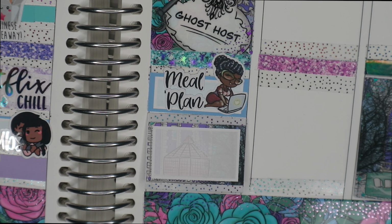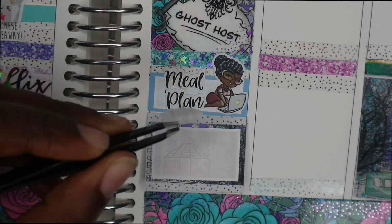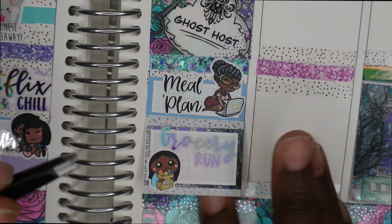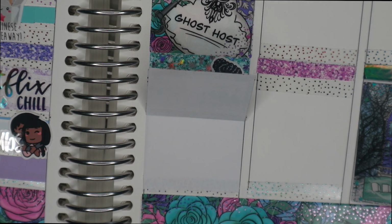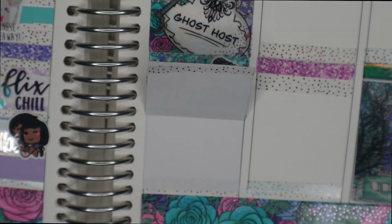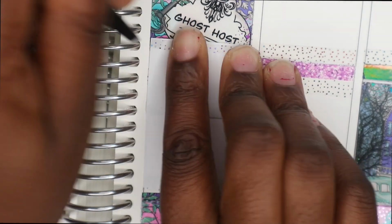I believe I have a half box extender here, and in that half box I used this Fox and Cactus Girl sticker and a grocery run sticker from the Pink Diamond Planner Co foil bundle, to note that I went to get some groceries. And then more of my half cut headers into the half box extender, and in the top of that,